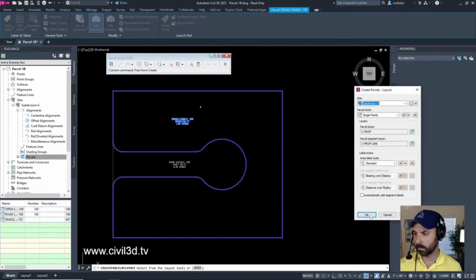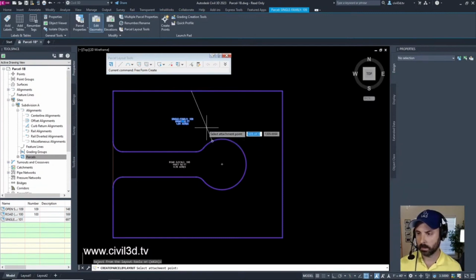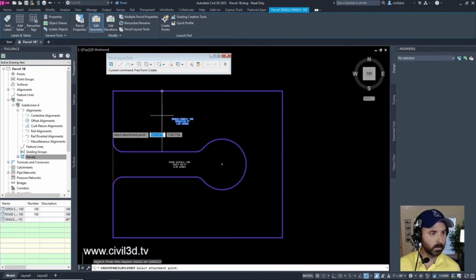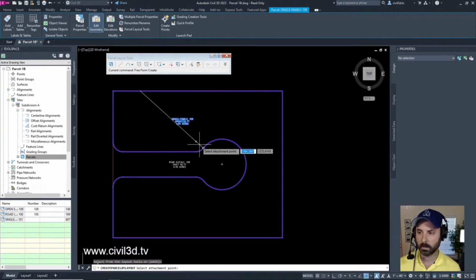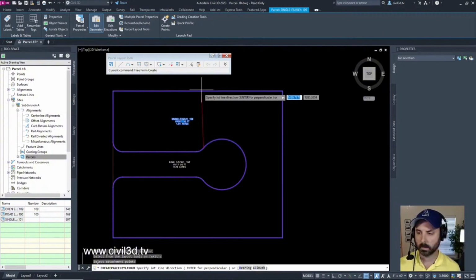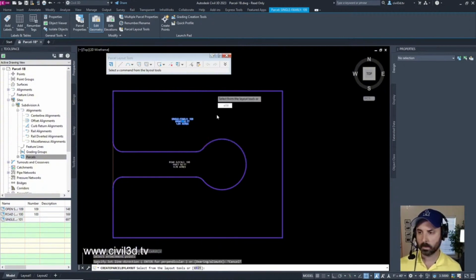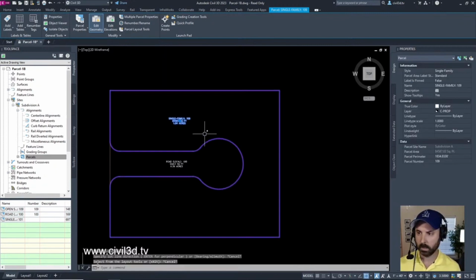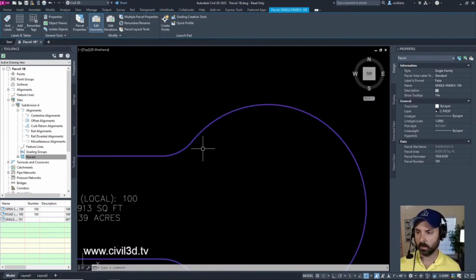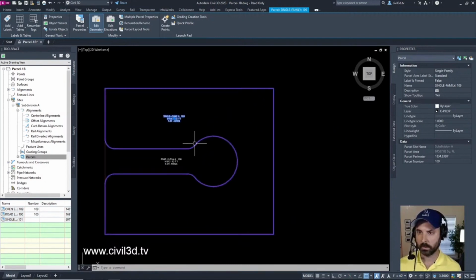Freeform. Okay. Trying to get it to where it's straight up and down, or actually perpendicular to this lot line, but I want to use the endpoint of one of these curves.